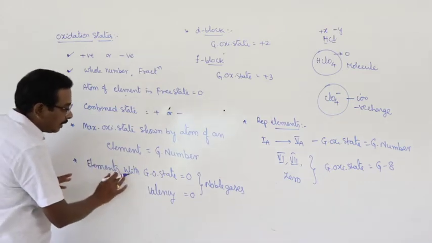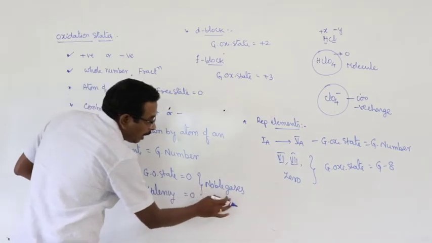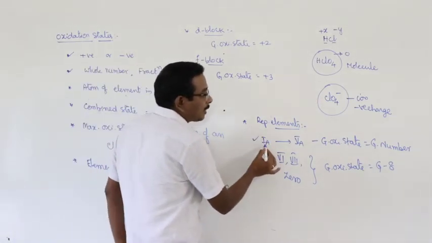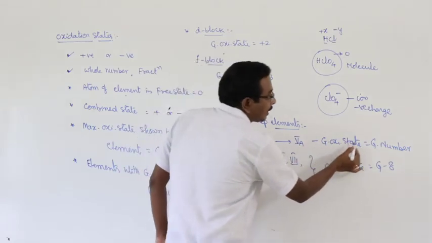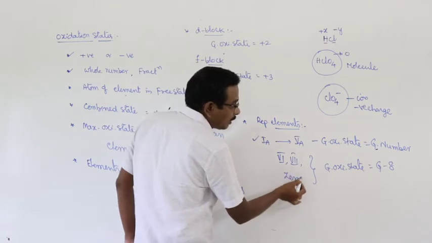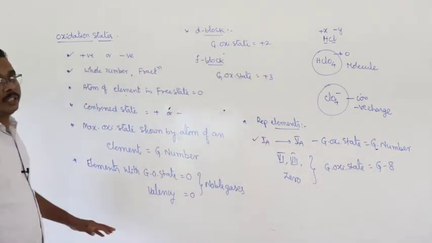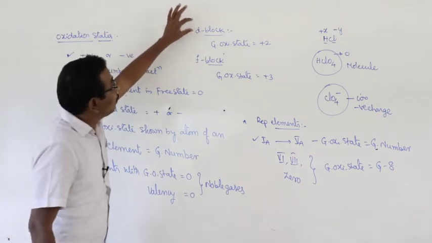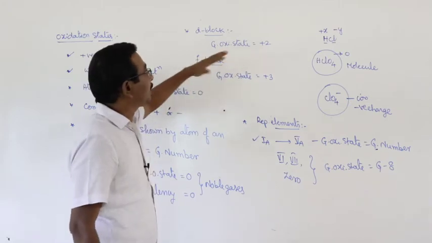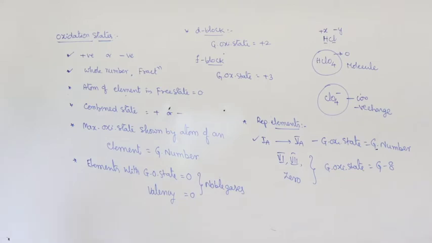And elements with general oxidation state 0 and valency 0 are noble gases. In case of representative elements from 1A to 5A, the general oxidation state is equal to group number. In case of 6th, 7th and 0 groups, the general oxidation state is equal to G minus 8. And for D block elements, the general oxidation state is equal to +2. For F block elements, +3. Okay. Next,